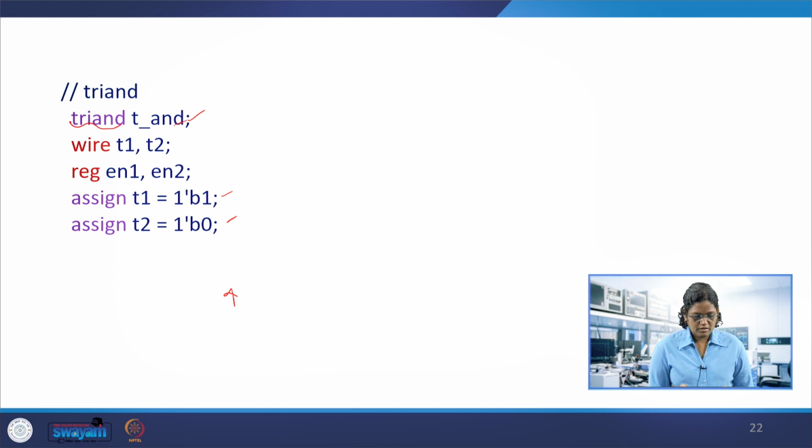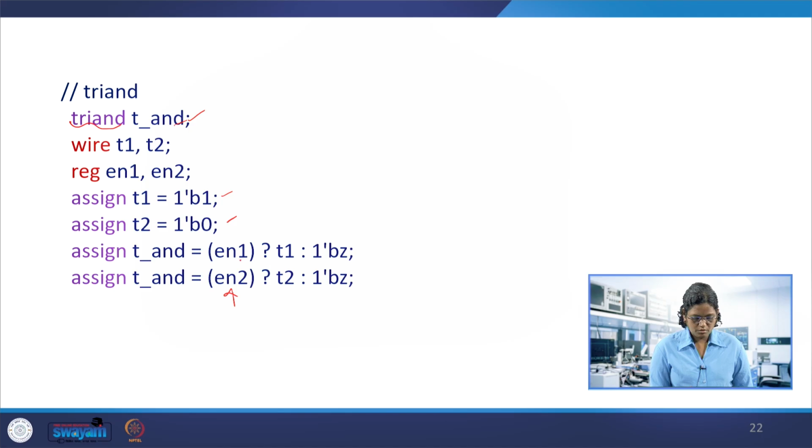Then when you declare tri-AND with 1 and 0, if enable 1 is 1 and enable 2 is also 1, T1 should be assigned here and T2 should be assigned here.